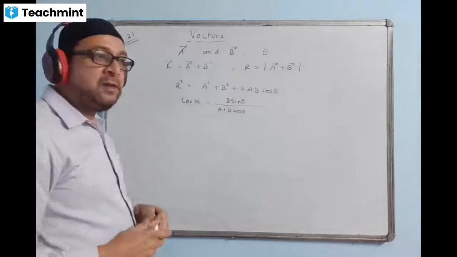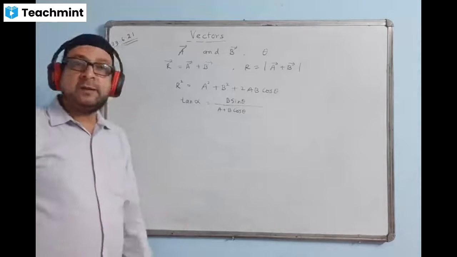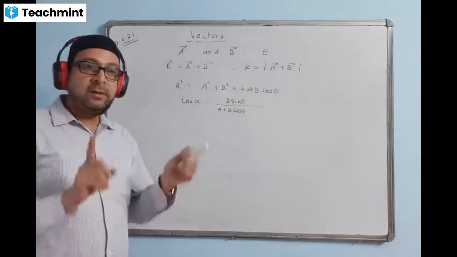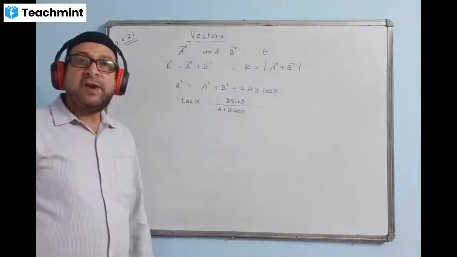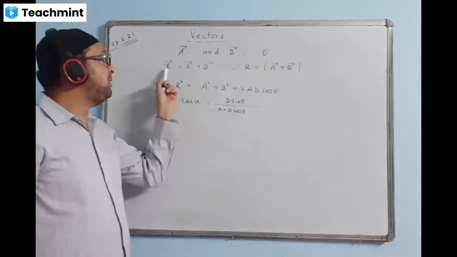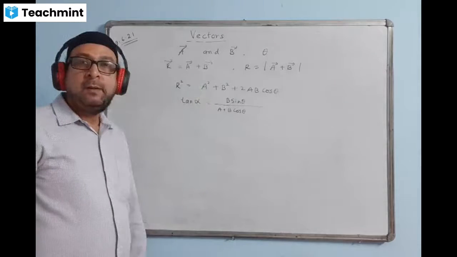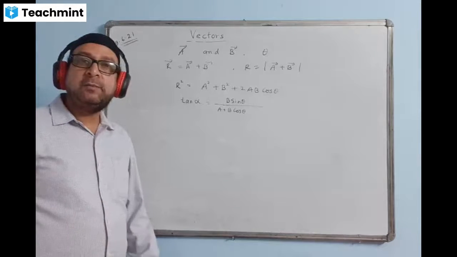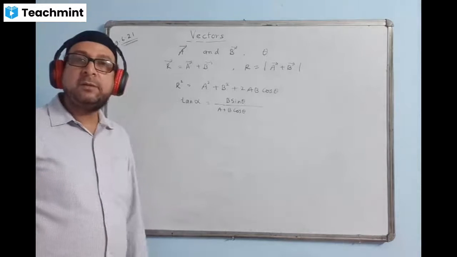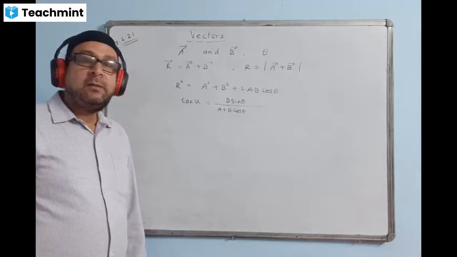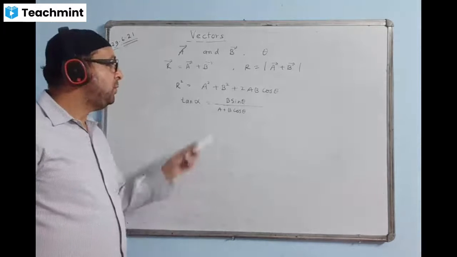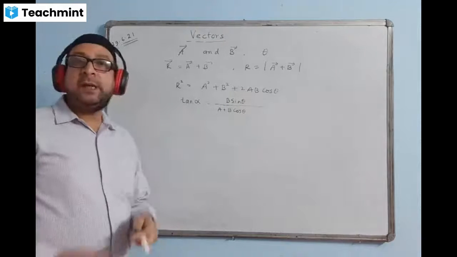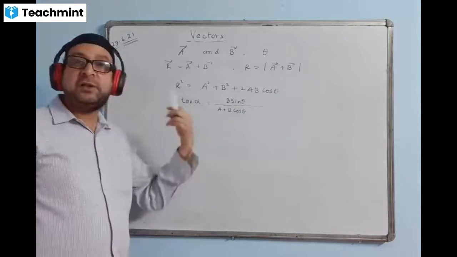And one interesting thing, while we are adding the two vectors, is the angle between the two vectors, theta. Theta matters a lot to find the resultant of their addition. So depending upon the value of theta, the value of the resultant will change. Please mute yourself, it's getting disturbed. Everybody should mute.